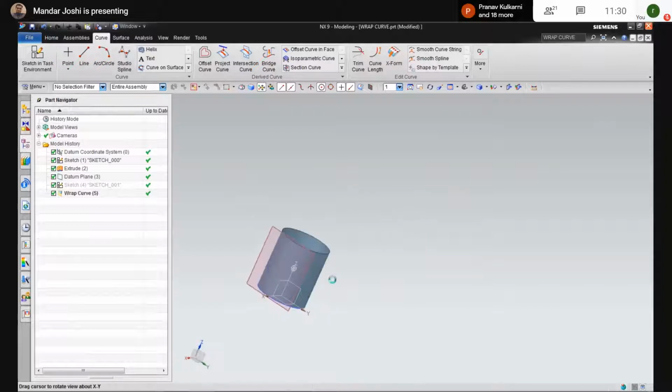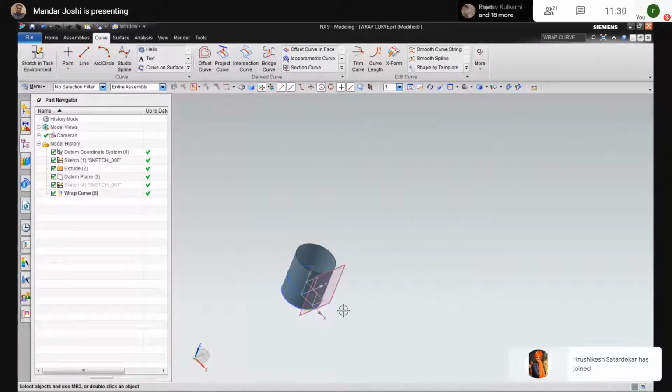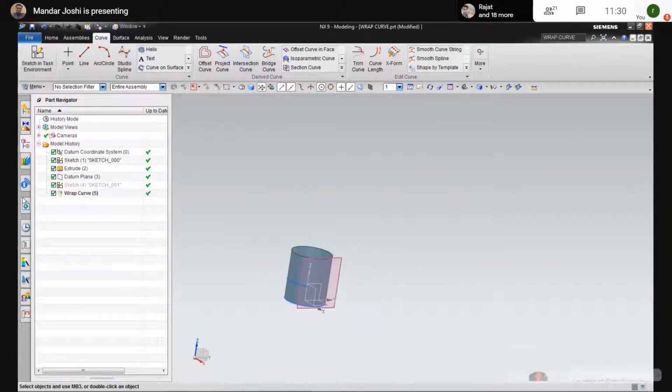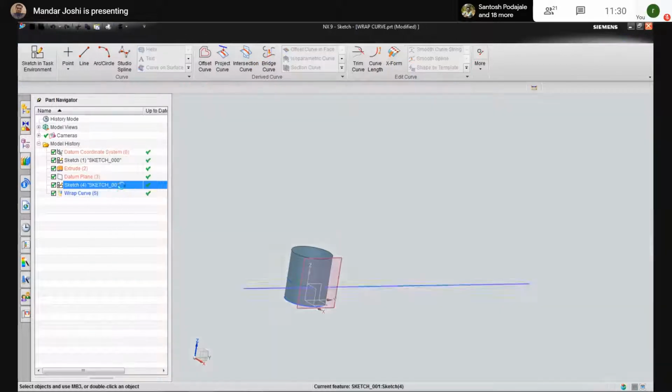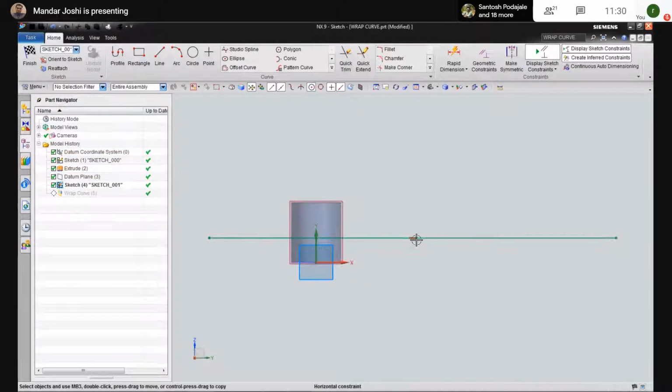The condition is that the plane should be tangent to the cylinder. Then only this result can be generated. Now if I draw an inclined line instead of a horizontal line, I just try to delete this.